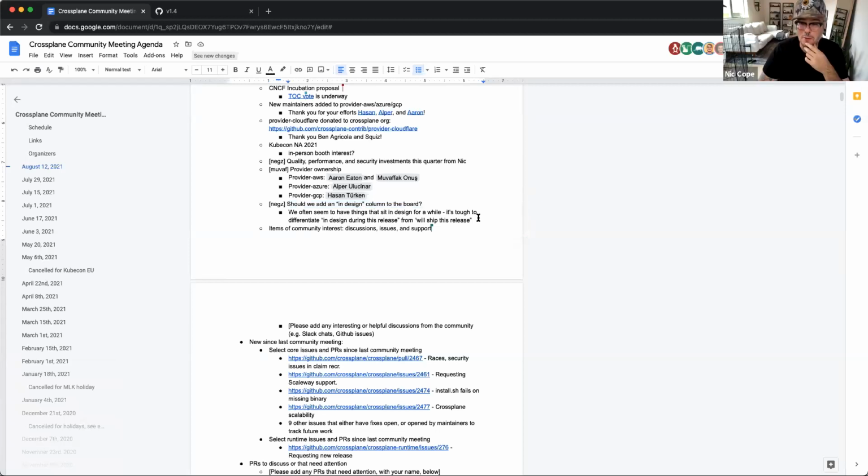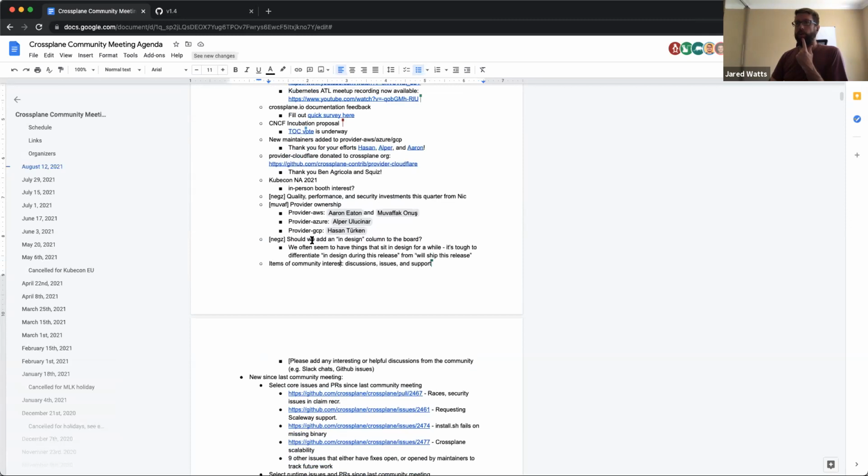Do we need to vote on that or anything, or can I just throw a column in? Yeah, you've got editor permissions on this Google Doc, so you can just do anything willy-nilly across the project now. Yeah, that sounds good to me, Nick. Okay, cool.